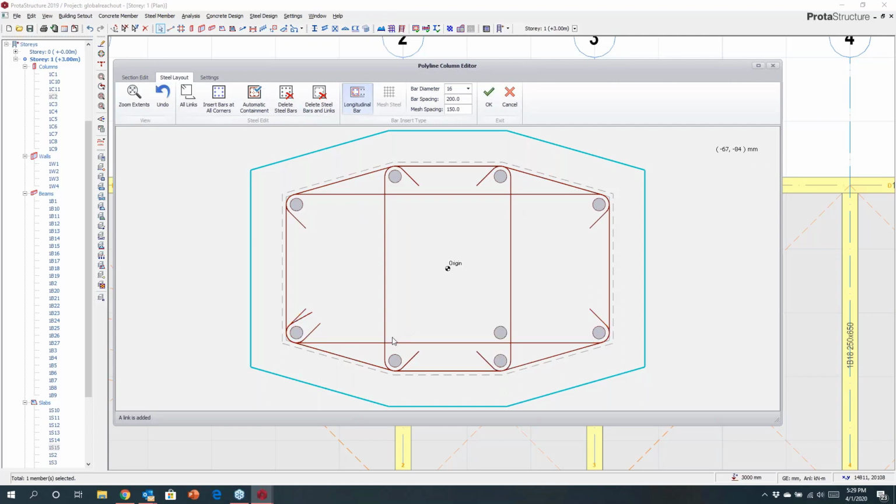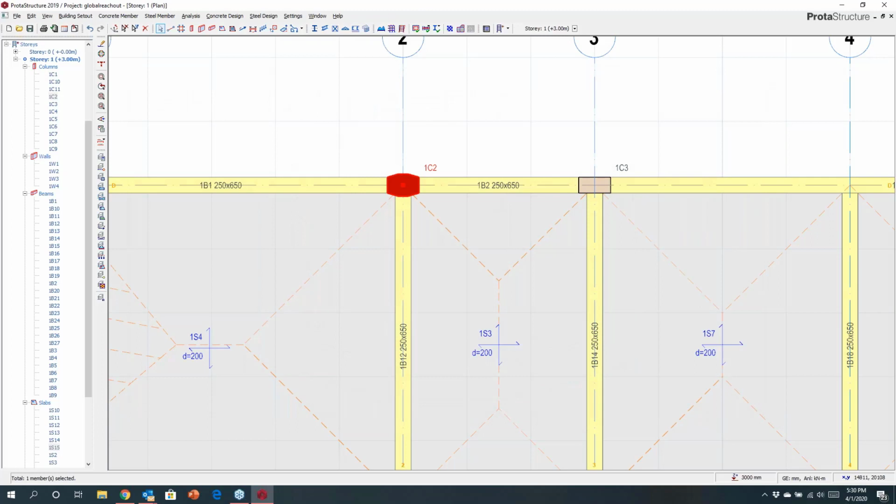I can also come in and create extra bars. So if I want to use this as a template for then designing this arrangement, I can. And you can just run around and set this up to suit. So you might want to add some extra bars in there, extra ties, openings and the like. Now, if I'm happy with this, then if I hit OK, that's returned to the model. And it will then use that as a template for the design